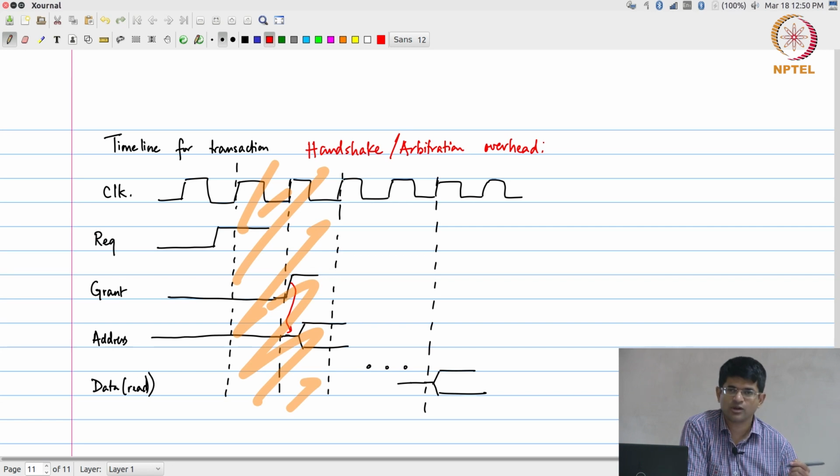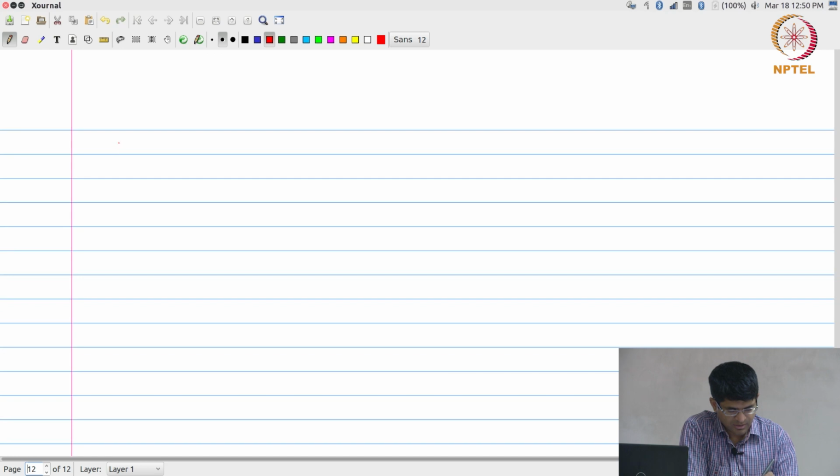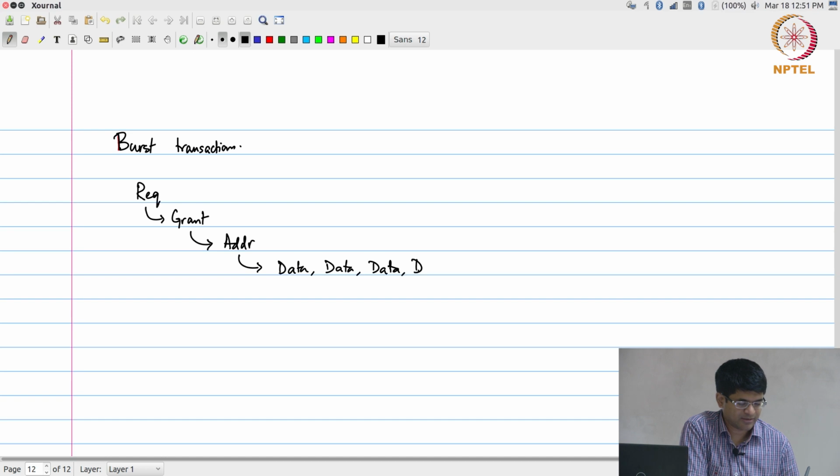Okay. So, in the simplest form that I can implement a bus like this, it is going to be terribly inefficient. Obviously, there are ways around it. Even from the way I described it, we can think of ways around this. One of them is to use a so called burst mode of transaction, right. So, burst transactions will essentially say request, grant, address and multiple data. So, the number of data would be specified in the control signaling,